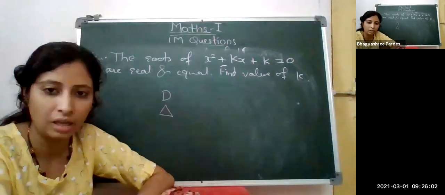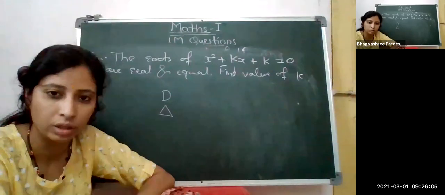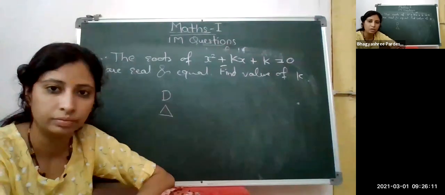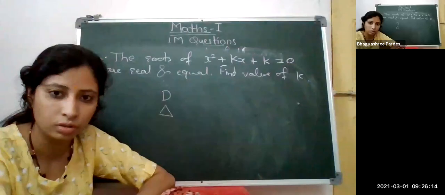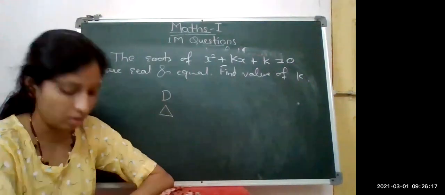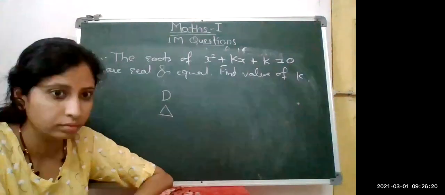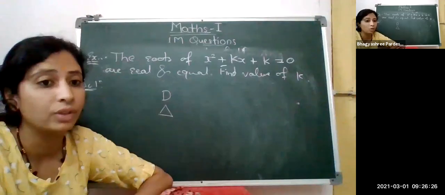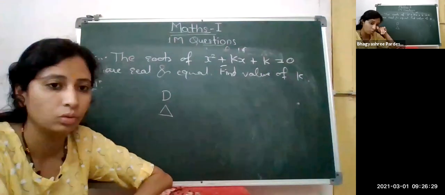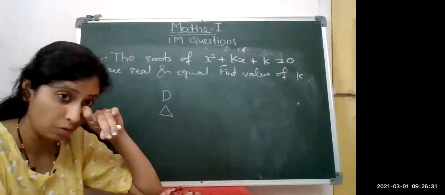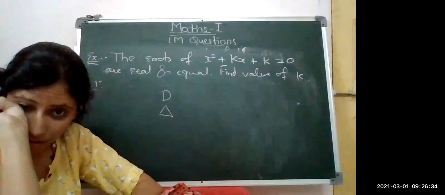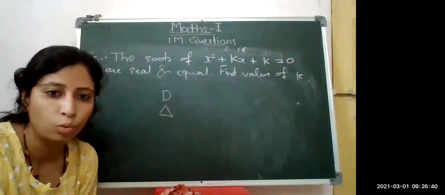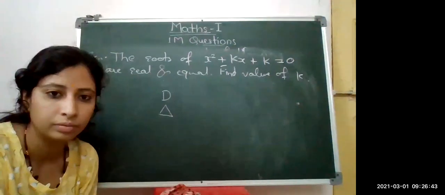Exactly. Anyone else? Okay. Yes, Zaki, you can unmute yourself. Yes, speak Zaki. I am not sure, but discriminant is less than 0. Discriminant is less than 0. Okay. But tell me what is discriminant? What is that value or the formula for that discriminant? B square minus 4AC. B square minus 4AC. Yes, Alia. Roots are real and equal. So what will be the value of discriminant here? Yes, Alia.